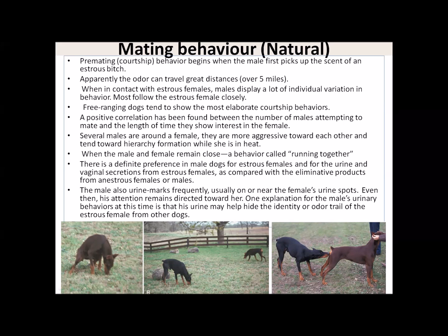So you will see a good number of males running behind one particular female till it becomes successive mating. When in contact with the estrus female, the males will display a lot of individual variation in behavior, and most follow the estrus female closely. And the free-ranging dogs tend to show the most elaborate courtship behavior. Means simply,